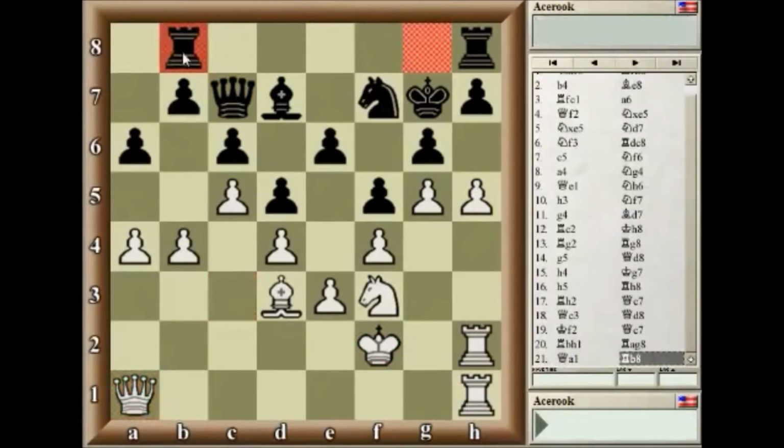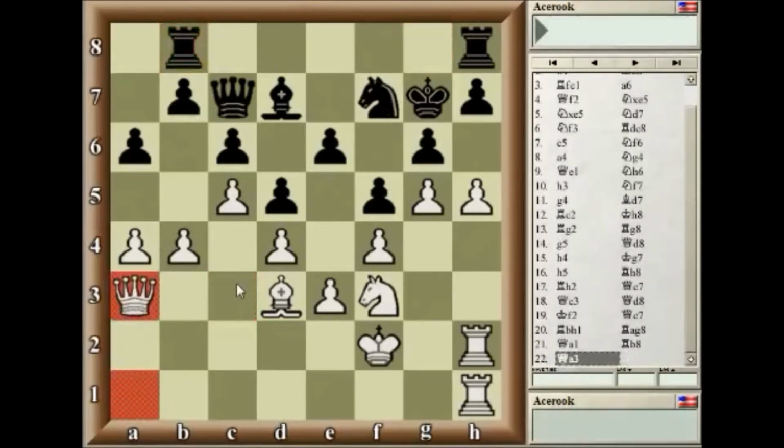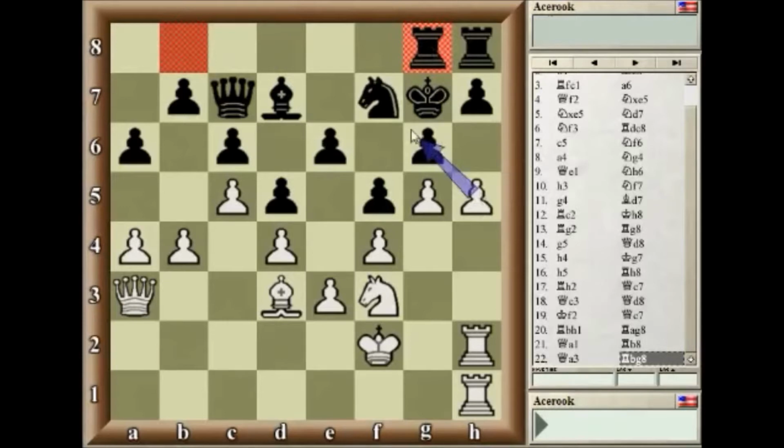Rook to B8, Queen A3, and there will be a point of why he played this sequence of moves. But after this, now Rook to G8, and now what? What is the move here for? Are we trying to go for the H6 and open up our file, or are we even going for this push